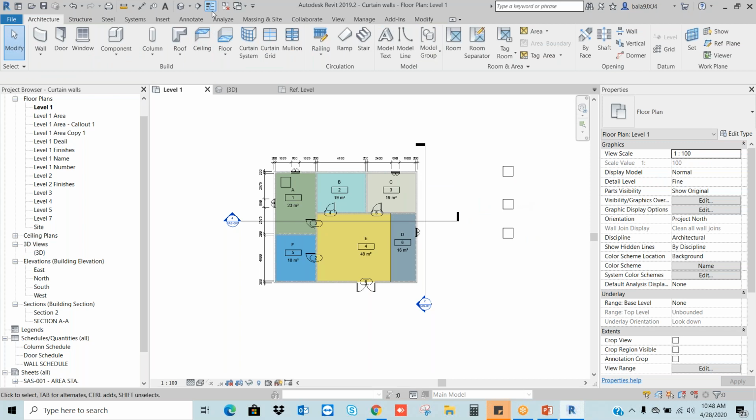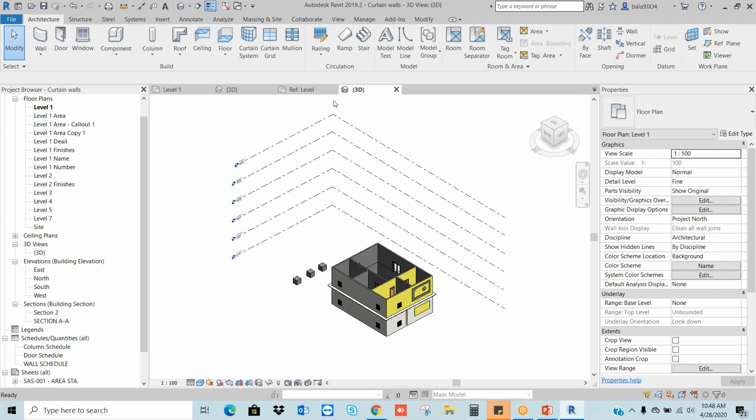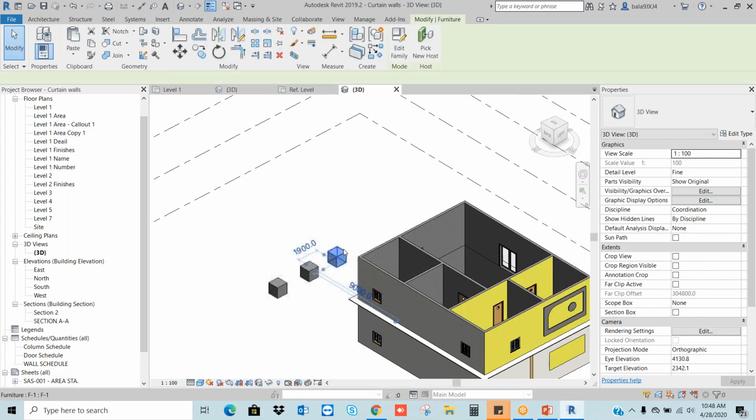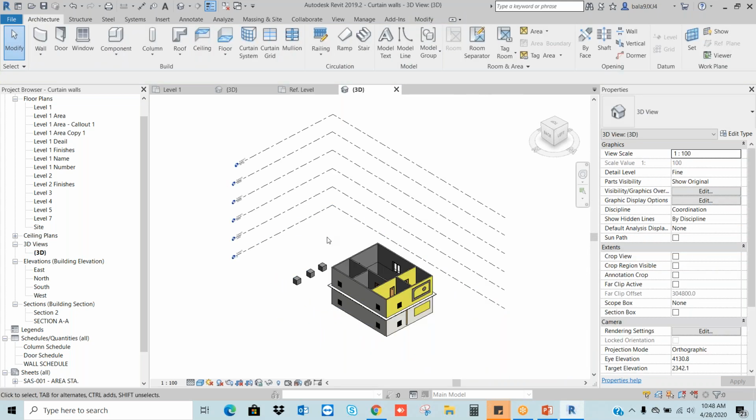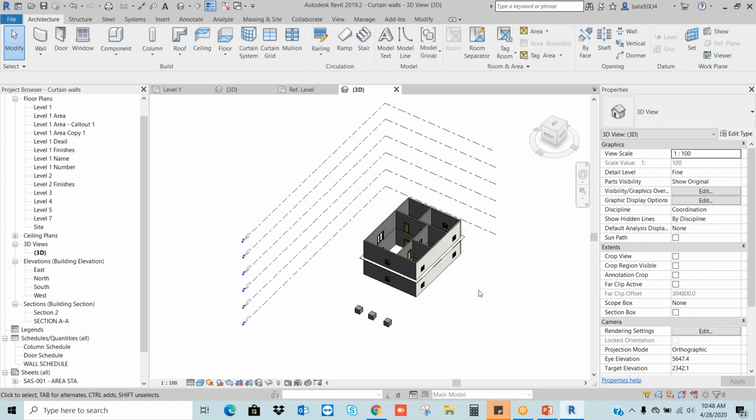This is nothing but the W block in AutoCAD. This is the family, this is the family, whatever you want, you can create your shape. Okay, so what I do,